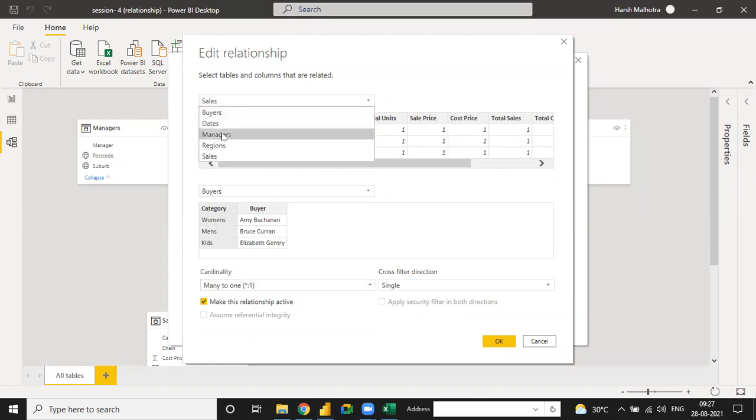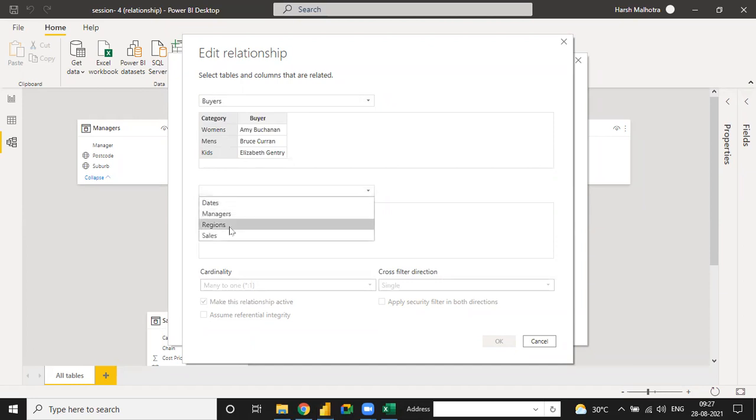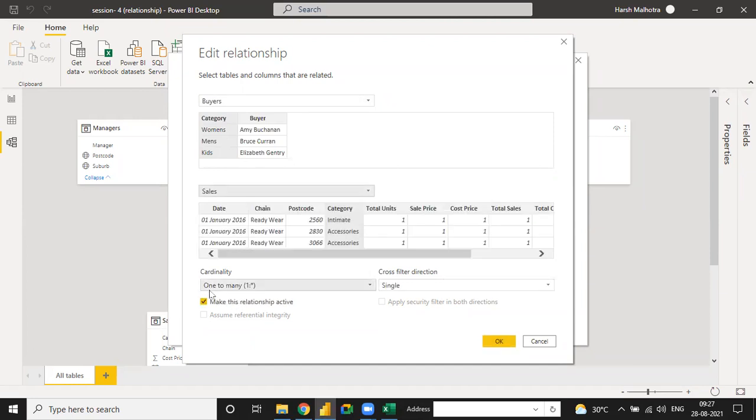And when you select buyer here and sales there, it automatically connects as one to many. You just have to understand what one is and what many is. One is a unique value, and in the sales table we have multiple transactions, which is called many. One value is connected to many, but the column name is the same, category to category.